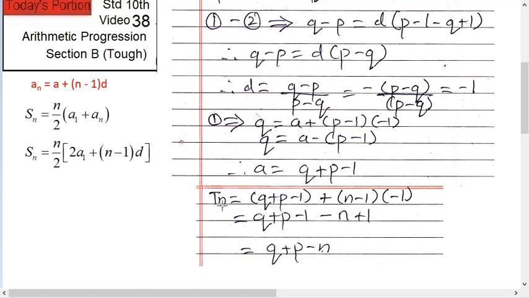So nth term is easy now. Tn equals to A plus n minus 1 into D, that is Q plus P minus 1 plus n minus 1 into minus 1. Solve this now. You will get Q plus P minus